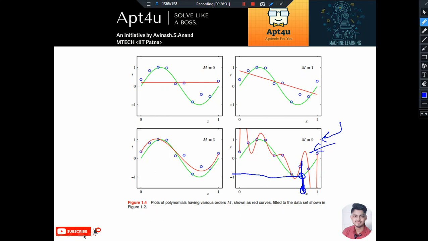So for this particular value of x, you can see this should be the value of t, right? This one here. But what happens if you go by the red curve? If you select the red curve, then this will be the value of t, which means there is a lot of error present between your predictions and the actual value, right? Hence we can see that this case leads to overfit